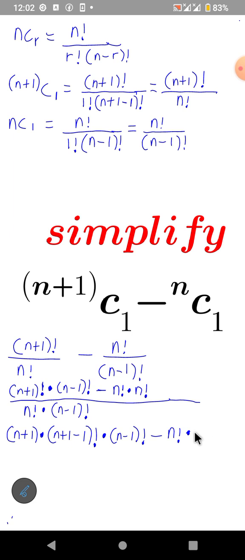So when expanding, it will look like this as n multiplied by n minus 1 factorial. Then everything now all over